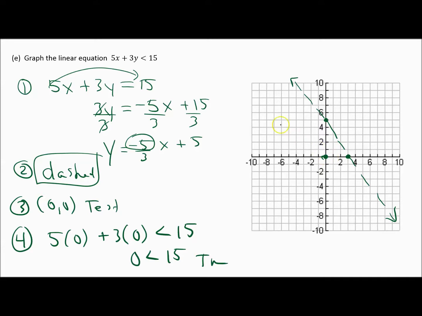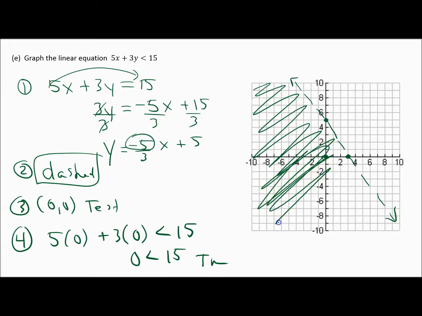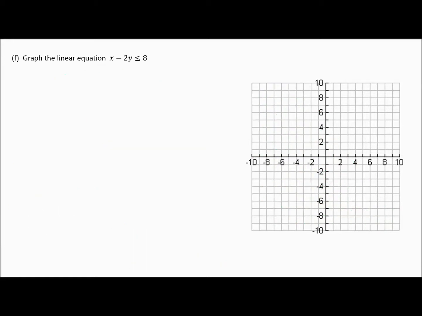So 0, 0 is right here, so I shade every single point that is on the bottom left side of my line, and that makes that inequality true. All right, I give you plenty of these to practice, okay? So step 1, we want to graph